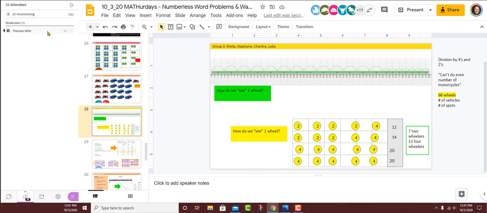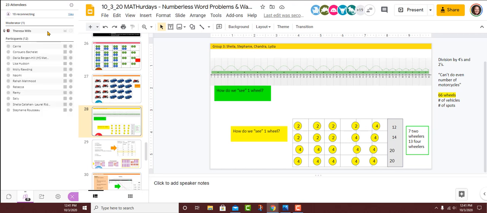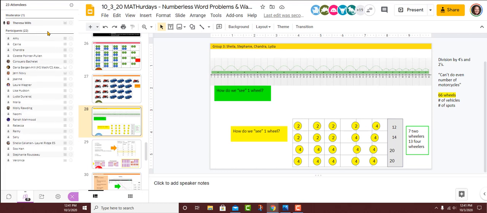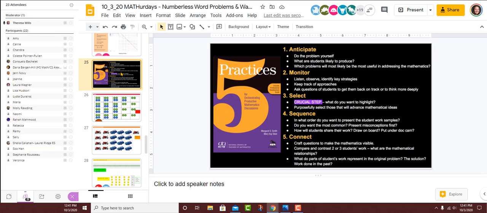Welcome back, everyone, to the main room. Hello and welcome back. Can you believe you've been working for 20 minutes already? And while this problem has so many opportunities to continue finding other strategies and representations, we're going to bring our conversation together and summarize our thinking. If you would come down to slide 25,